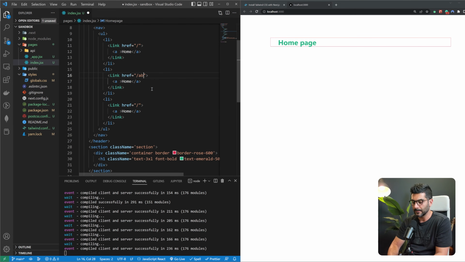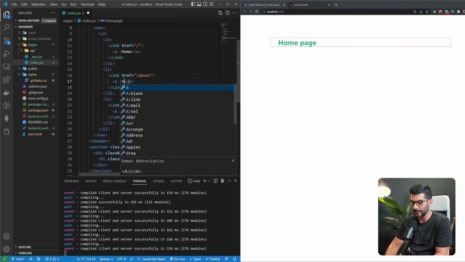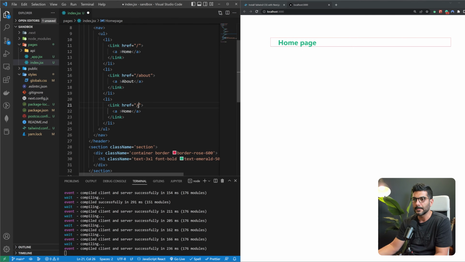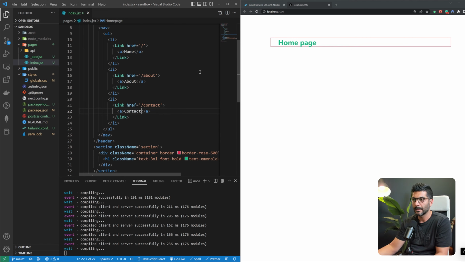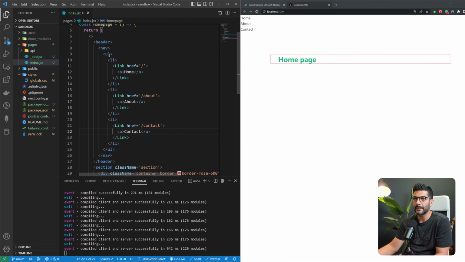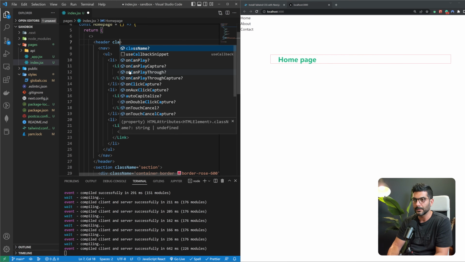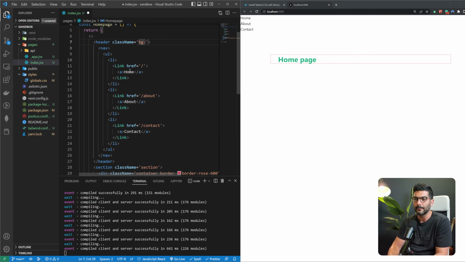And Next is going to go to the about page. It's going to also say about. And then let's also have the contact and then contact over here. So as you can see, we have those navigations there. It's not looking that great right now. So let's add a background of maybe gray 50,